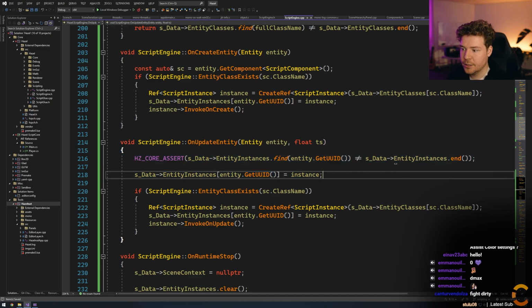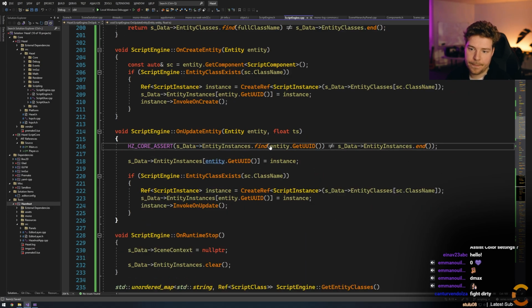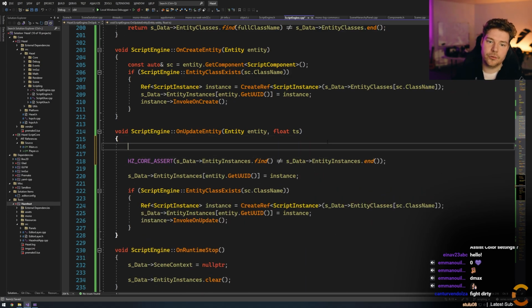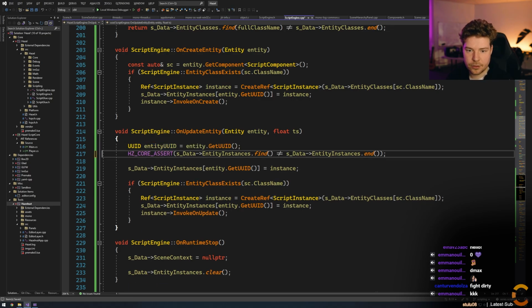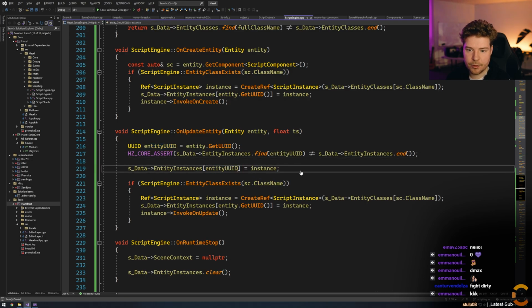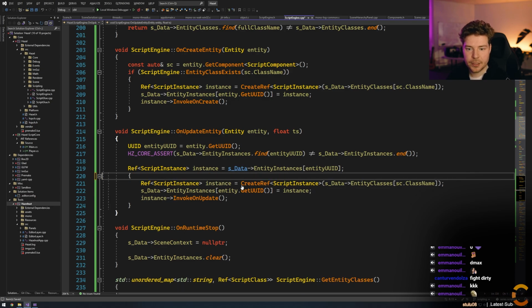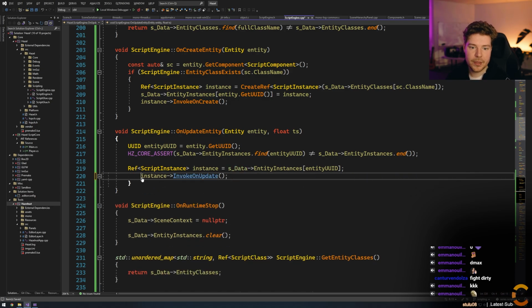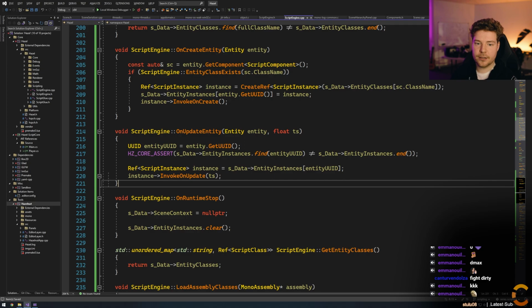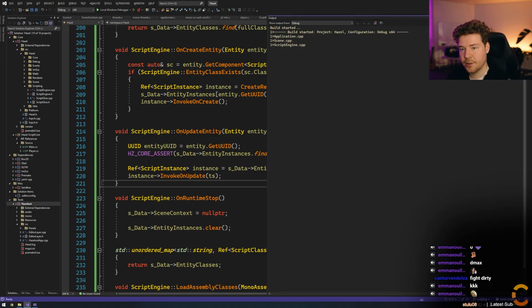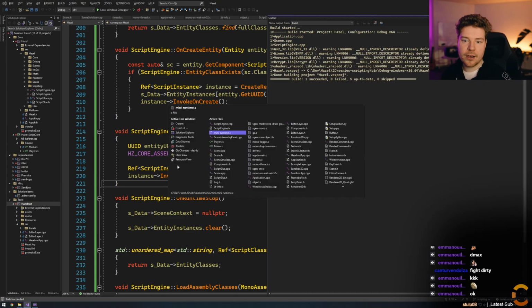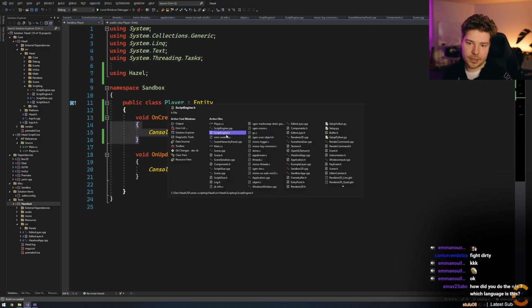Right, so that's there now. And then maybe I'll do UUID entity UUID just so that we grab that out, because we'll access it here, and then ref script instance, and then we just do instance invoke on update. Now on update, obviously it's going to take in that time step, but otherwise that's basically it. So that's updating entities. So now if we go back to player, sorry, not player, scene,